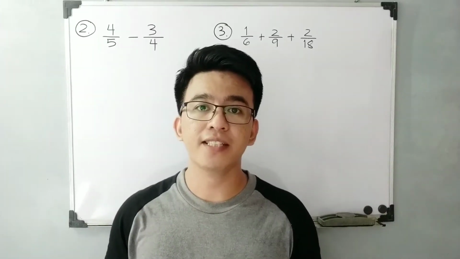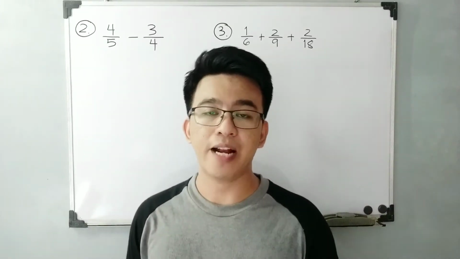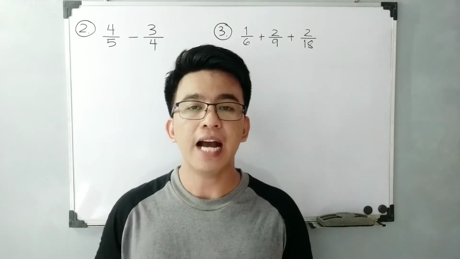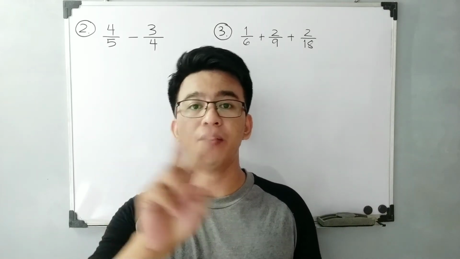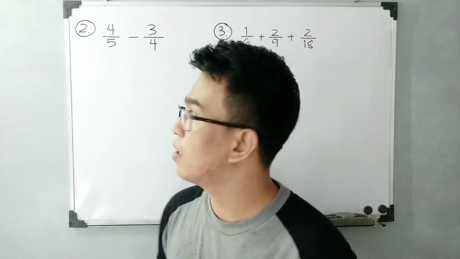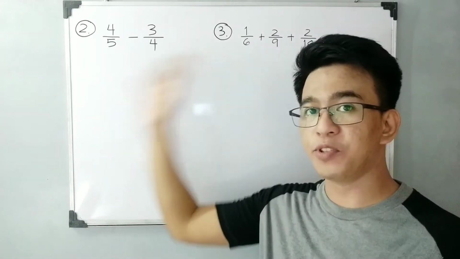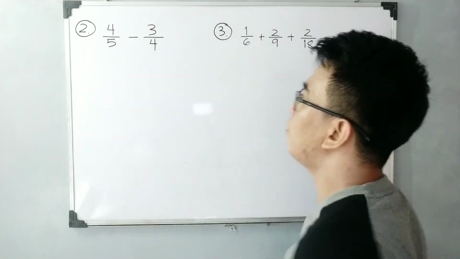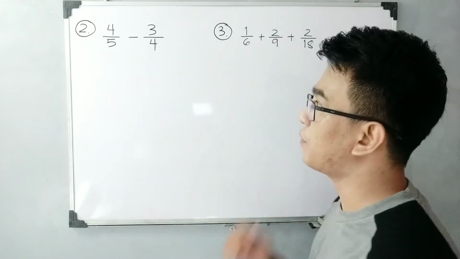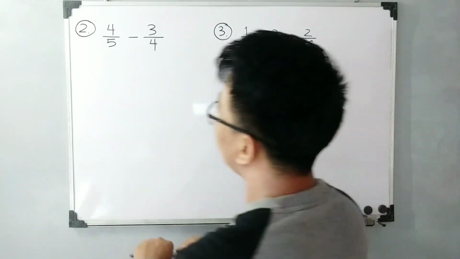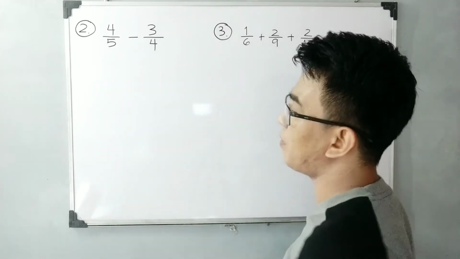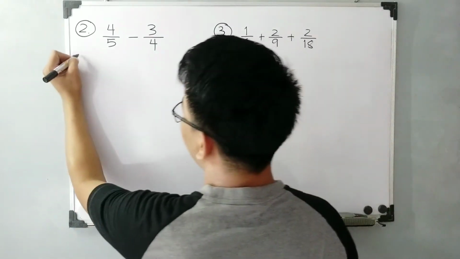Now, let us continue our discussion on how to add and subtract dissimilar fractions. Again, I will use 2 different methods for these 2 different examples. Now, for number 2, we have here subtraction. We have 4 over 5 minus 3 over 4. So for the first method, before we incorporate the first method and second method, hanapin muna natin yung kanilang LCM